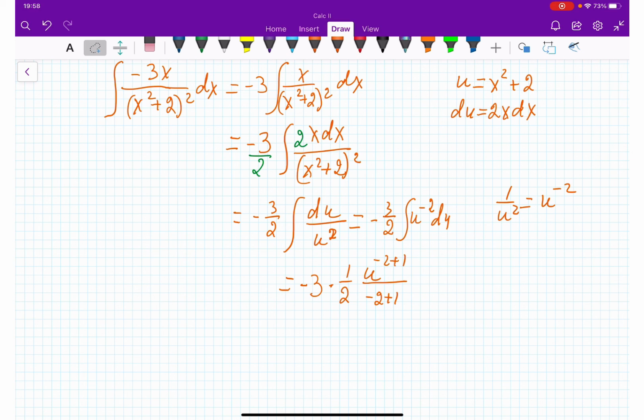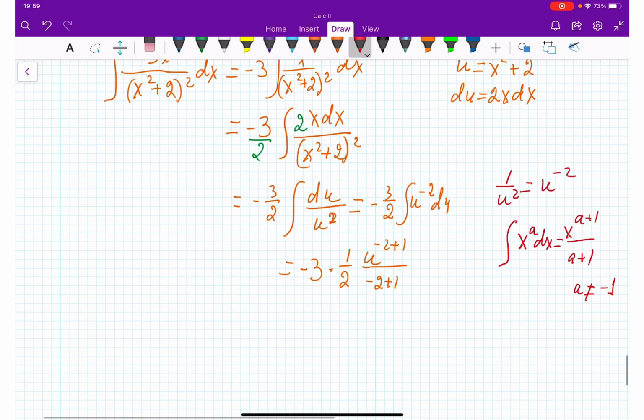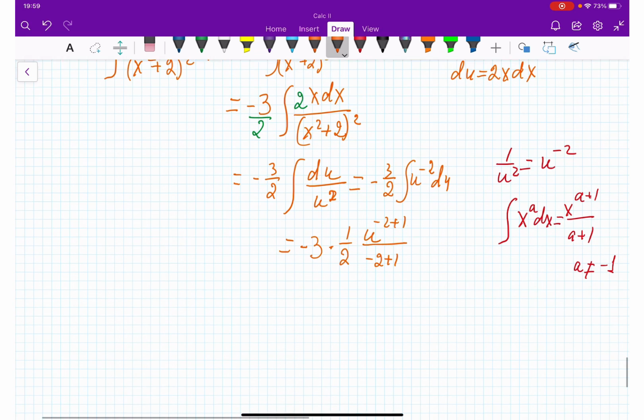Where from do I use this? First of all, let me use this one also, because this is a rule of exponents and a rule of integrals, just in case: integral of x to power a dx is equal x to power a plus 1 over a plus 1, under the condition a doesn't equal negative 1, because otherwise it will turn to 0 there. Okay, and substitute back,